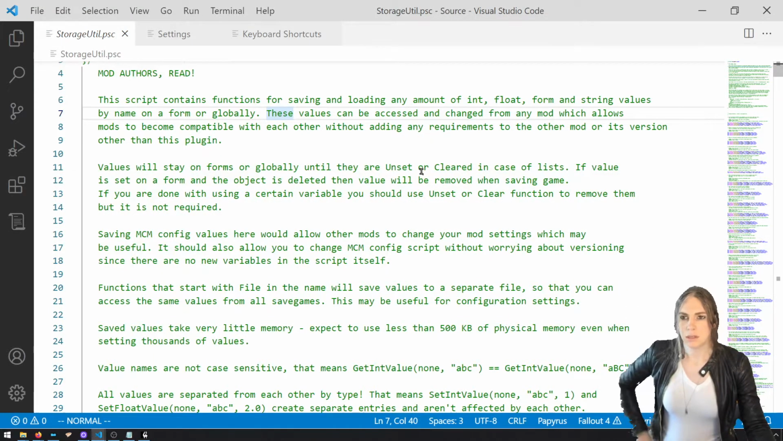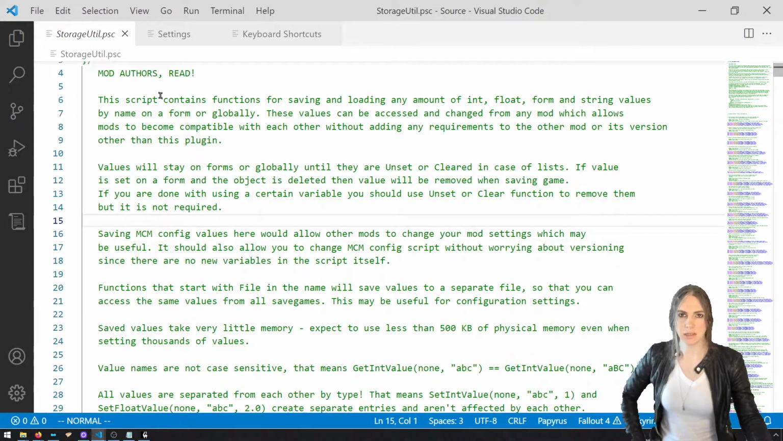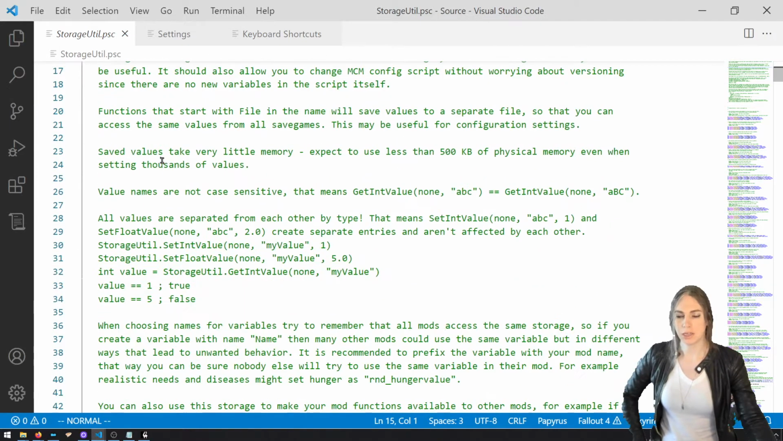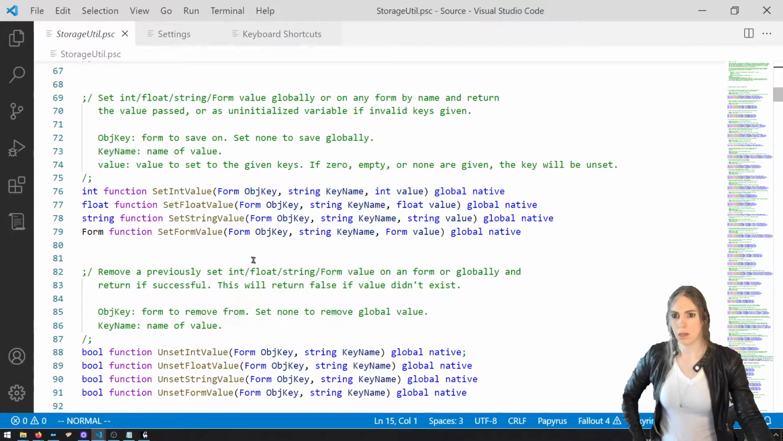You can read this, you can pause. It specifically says saving MCM config values here would allow other mods to change your mod settings. What StorageUtil does is it allows you to store arbitrary, let me show you the value types. It allows you to store integers, floats, strings, and forms